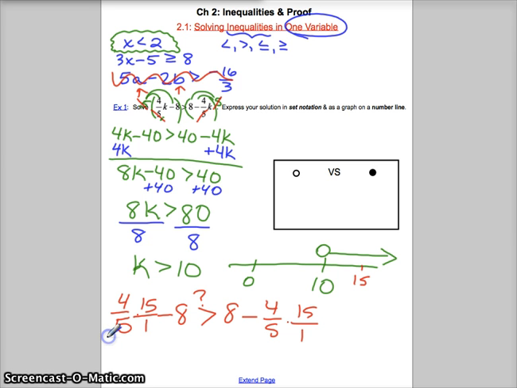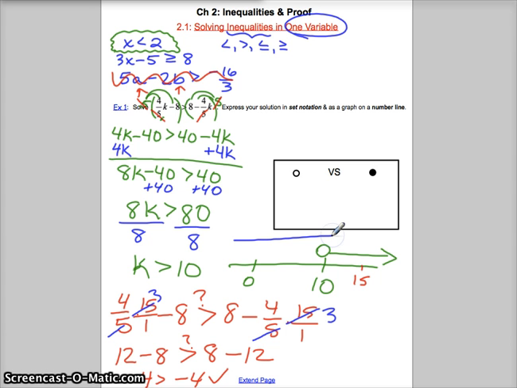I see that 5 goes into 15 3 times. Over on the right-hand side, again, 5 goes into 15 3 times. So now I can say 4 times 3 is 12. I've got 12 minus 8. Is that greater than 8 minus 4 times 3, which is 12? I'm almost done here. 12 minus 8 is 4. 8 minus 12 is negative 4. And 4 is indeed greater than negative 4. So I have a little bit of confidence. It's not a formal proof, but actually a lot of confidence,